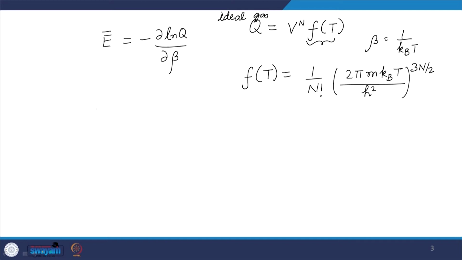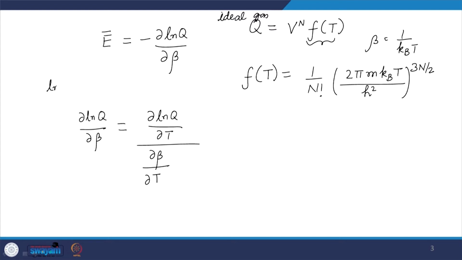And now if I do ∂ln q/∂β, I can also write this as ∂ln q/∂T divided by ∂β/∂T. Now, ∂ln q/∂T I can find from here. So, the ln q becomes n ln V plus ln of f,